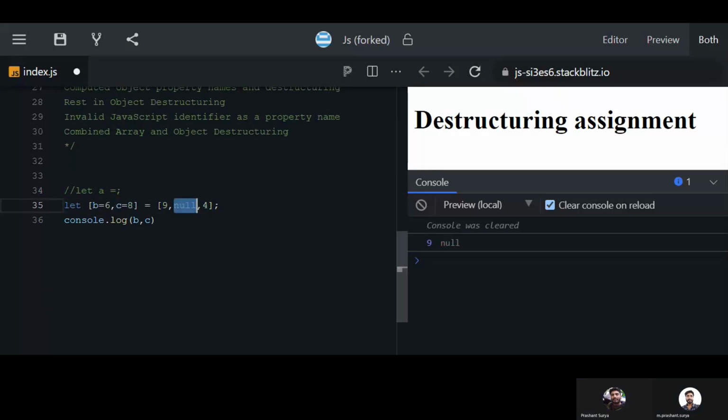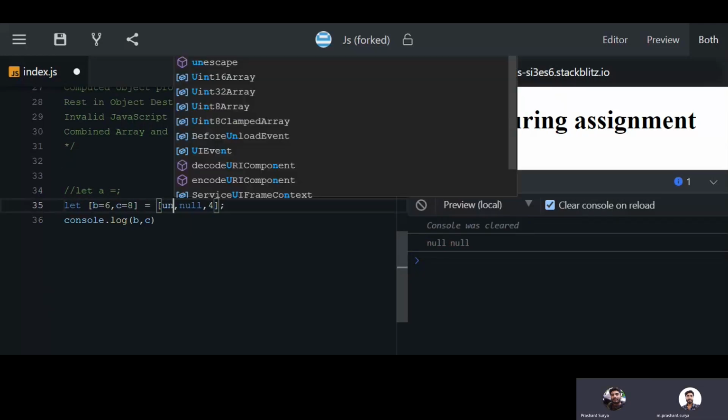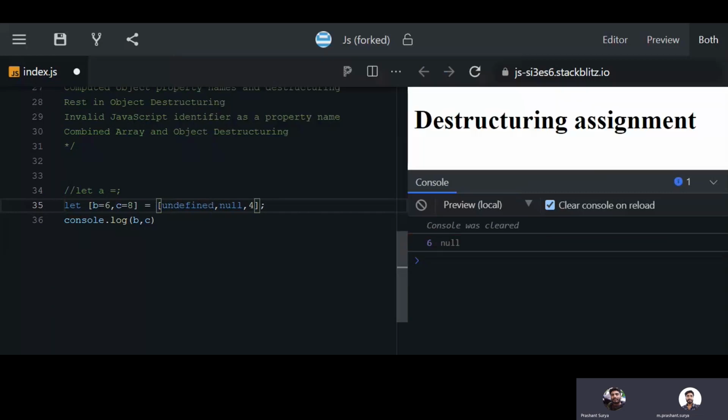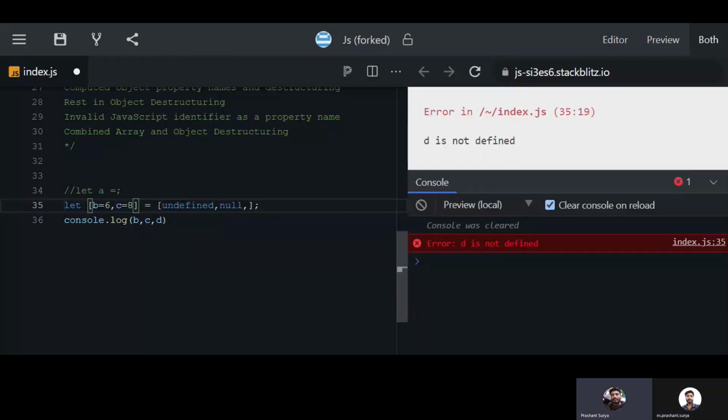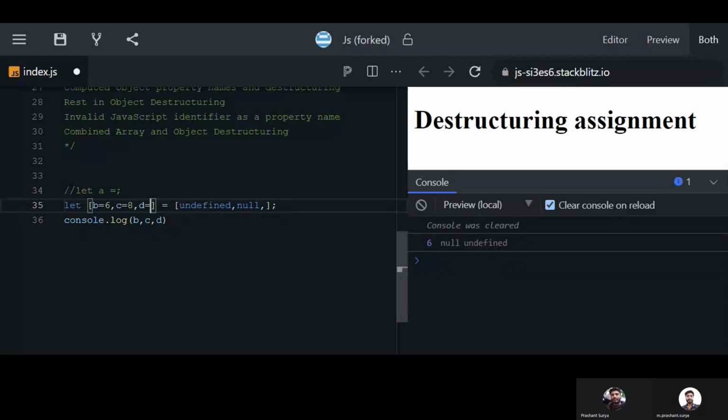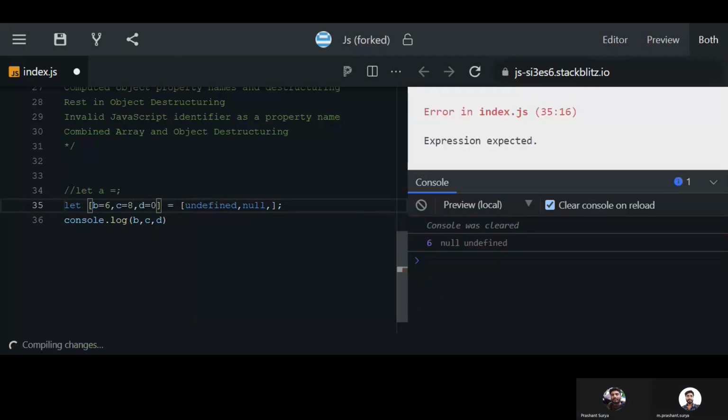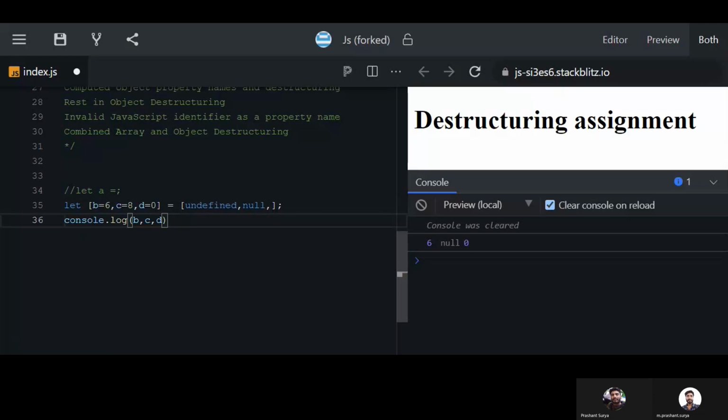Okay, so you are getting null. If you have undefined, then you will get the default value. Okay, and if you have empty, then again you will get the default value. Okay,